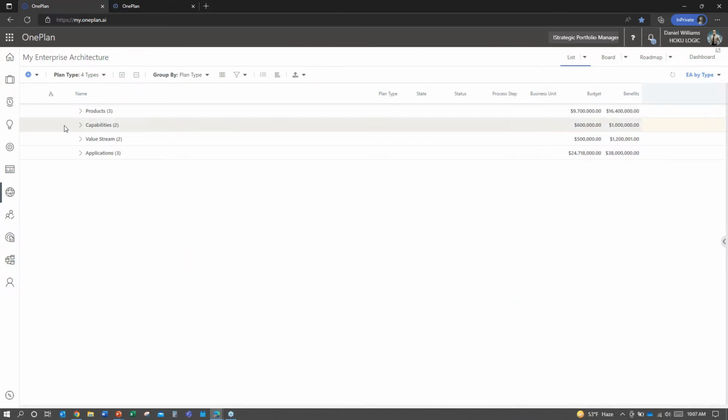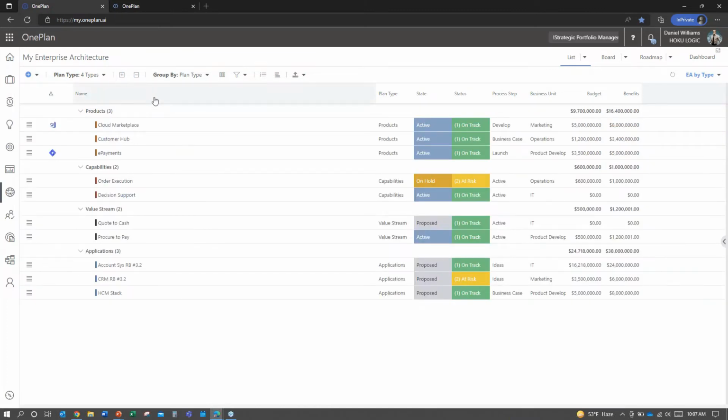In strategic portfolio management, our portfolios can include projects, of course, but also many other elements such as products and applications. If we're really trying to connect strategy and execution, we might be thinking more broadly than just our projects and programs. If I take a product here, so here is the Customer Hub product team's plan,